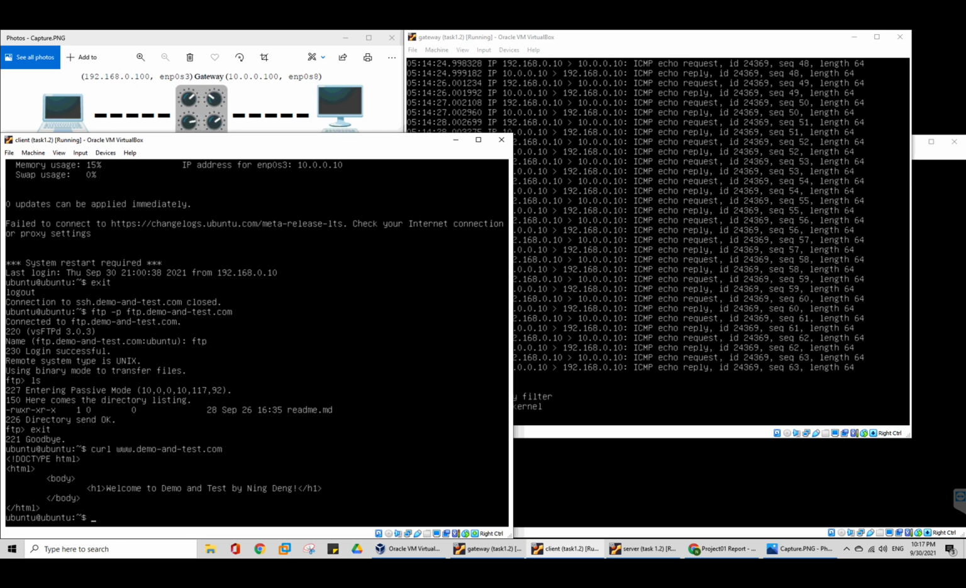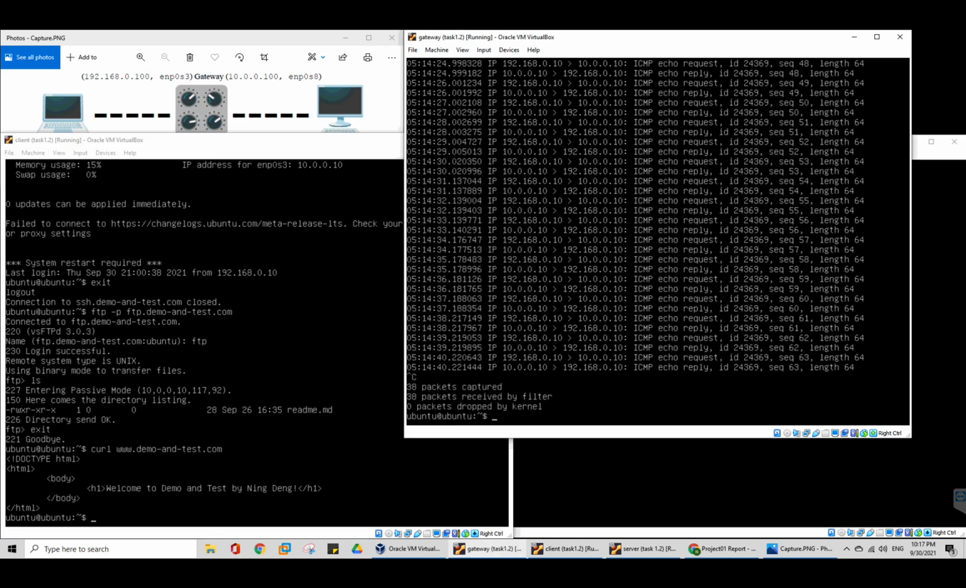Okay, for the gateway, actually we have shown that it can do port forwarding for www, SSH, FTP to the server's IP address. And also here we show that, so we should do this again and